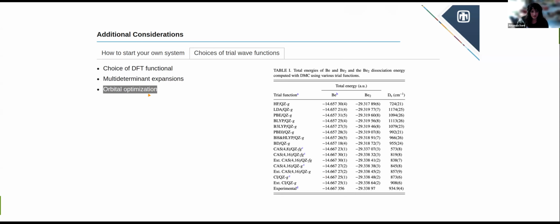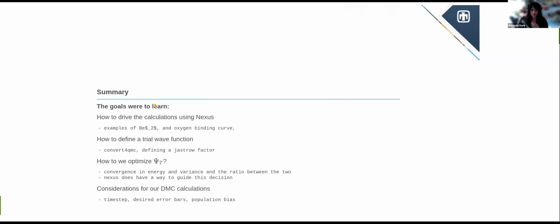It's still an ongoing research direction, especially for larger systems, but it can be very valuable already. And so just to summarize,